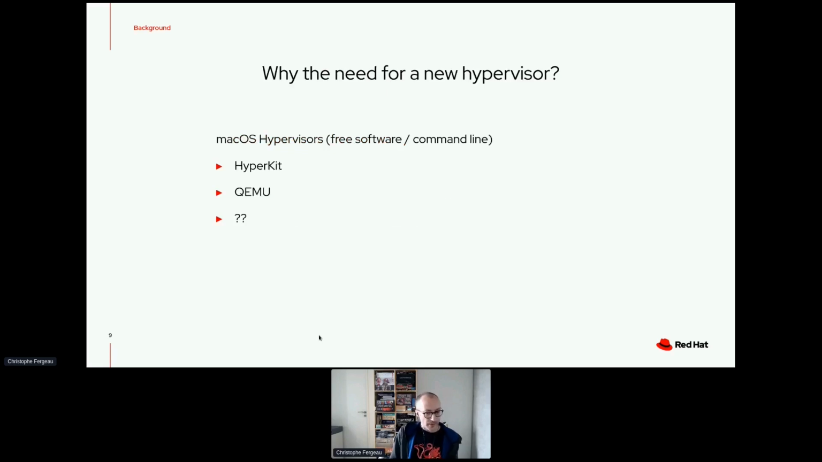So far I've said, okay, you can already use containers running in virtual machines on macOS. You can do this with podman. You can do this with CRC. But still, I'm here to talk about a new hypervisor, which is named vfkit. It's something we developed in the CRC team because we needed that. But yeah, why? So for some context on that,